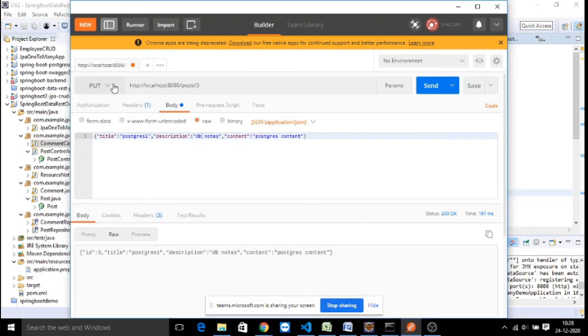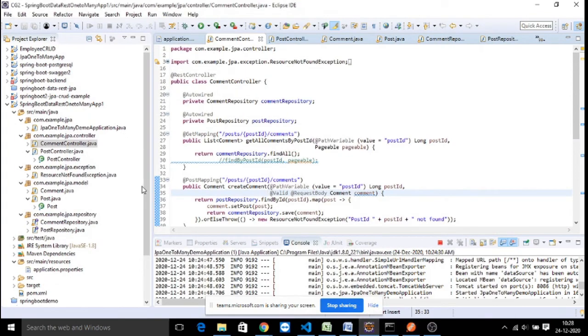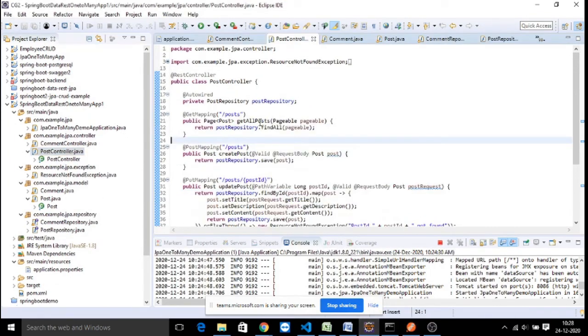So here the request is post for which the post ID is 3, and my comments is going to be the comments URL. You just copy this and save it here, it will be useful whenever you do the post request.